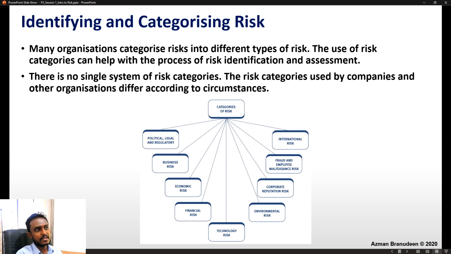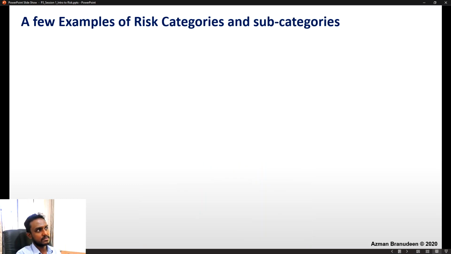So these are just a few examples of categorizations. You can have your own categorization, there is no problem at all. These are just a few suggestions by CIMA of how you can categorize risk. So let's take a look at a few examples of these